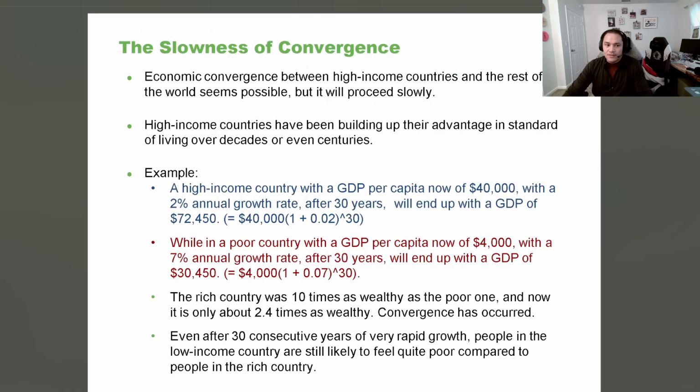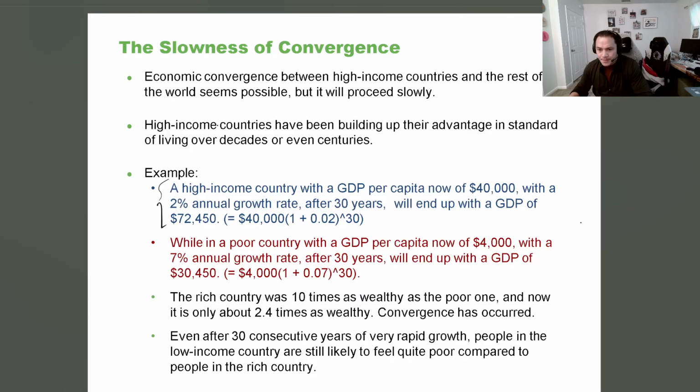I want to make one final note with this. I do want to make this point clear that we could see economies with lower per capita incomes continue to grow at much more rapid paces. And so we have an example here. Let's take this and just imagine it's the US. The US grows at an average of 2% over 30 years. We start with $40,000